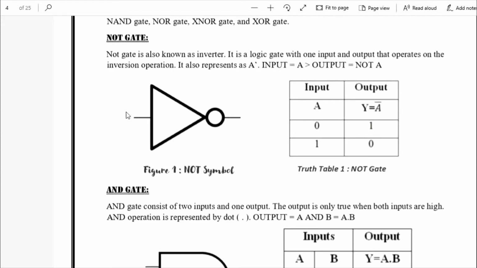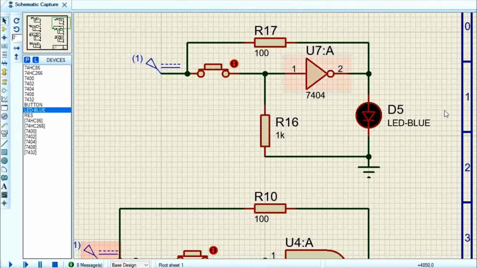It is working like an inverter. If we have 0 at input, at output we have 1. If we have 1 at input, at output we have 0. So NOT gate is basically an inverter. Let me show you a simulation. If we have